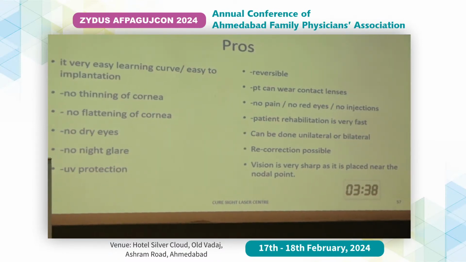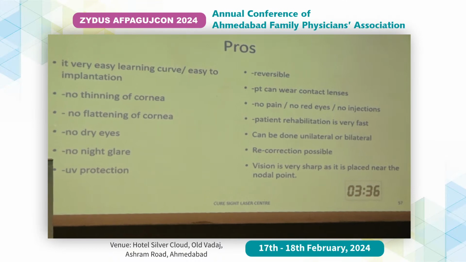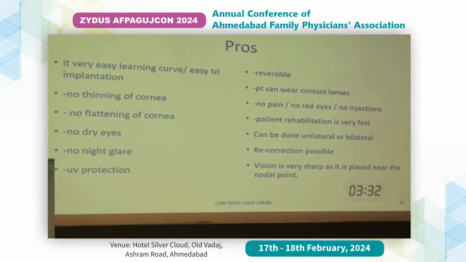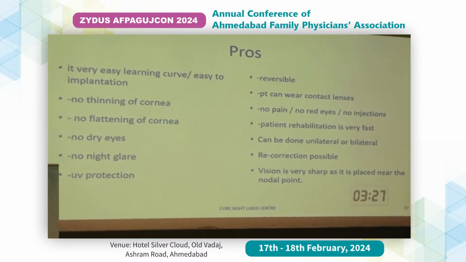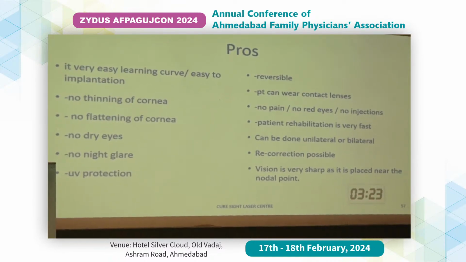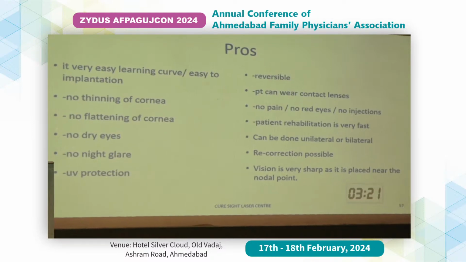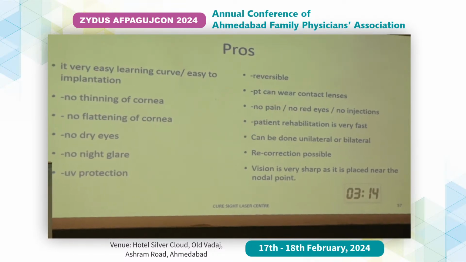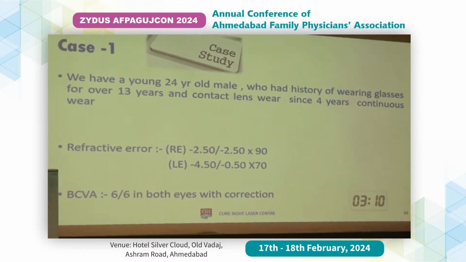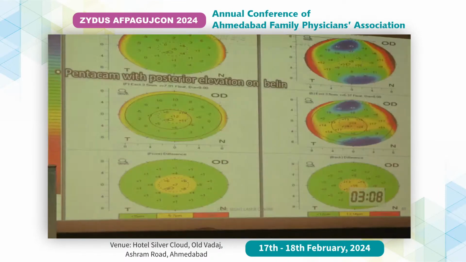The pros, like I said, are that it is reversible. The best part, which I feel, is that if there is any complication, we can remove it. If the patient doesn't like it, they will be the same as they were before. There are no red eyes, no pain, no injection. Since we are not touching the cornea, there are no chances for dryness or night glare or any other complications along with it. So I have a few cases, but since I'm running short of time, I'll just focus on